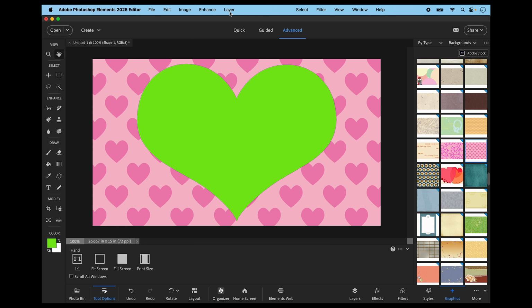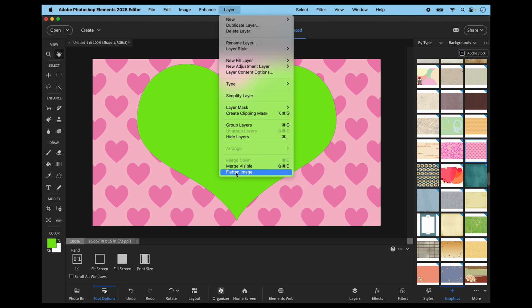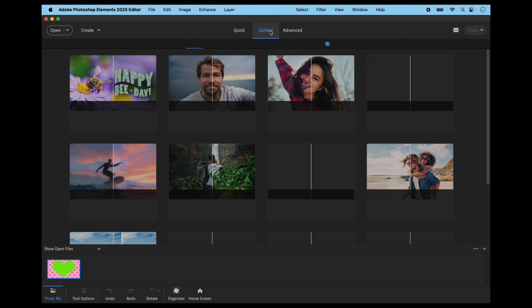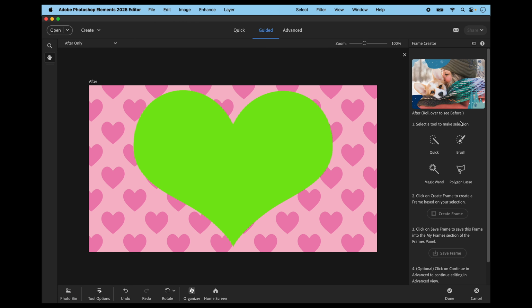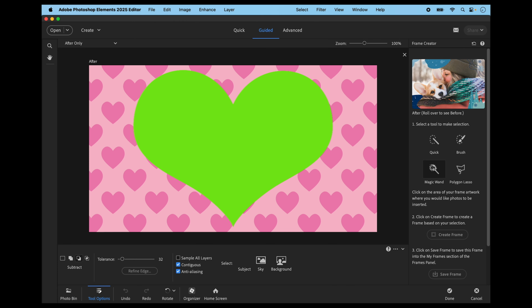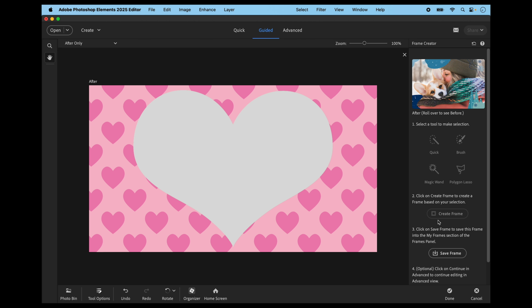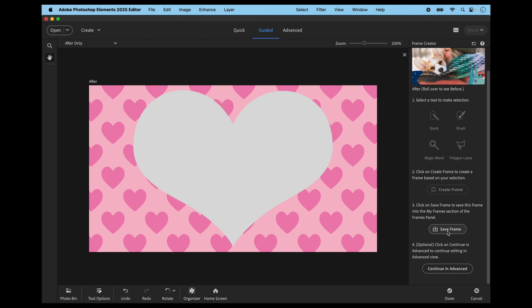Now I'm going to flatten the layers, so I can go into the guided edit and special edits and frame creator, and again I can use the magic wand, and that will select the entirety of the heart. And let's click on the button to create frame, and there we have it. I'm going to save the frame now and just call it hearts. Click OK,